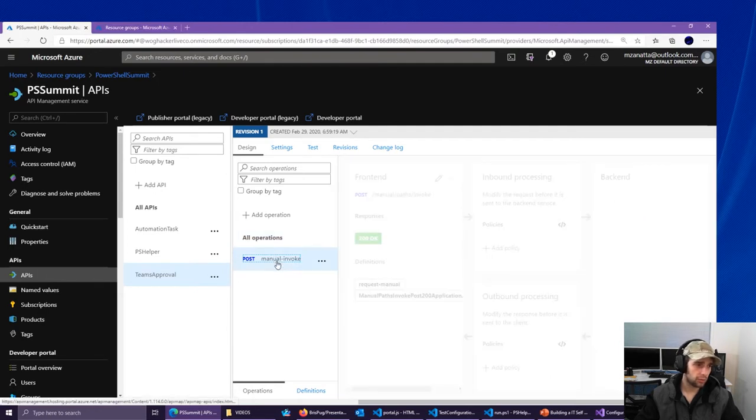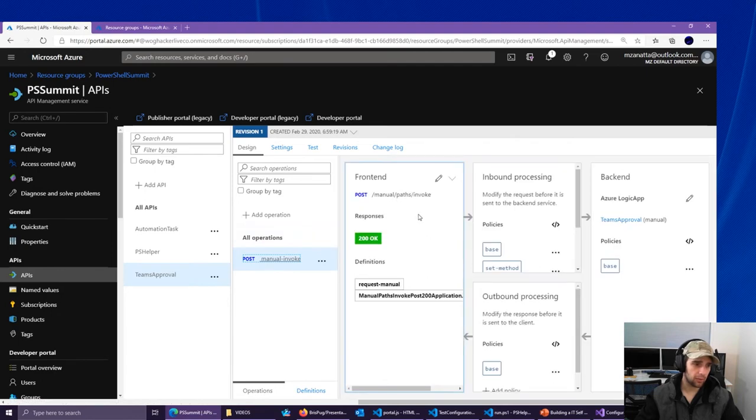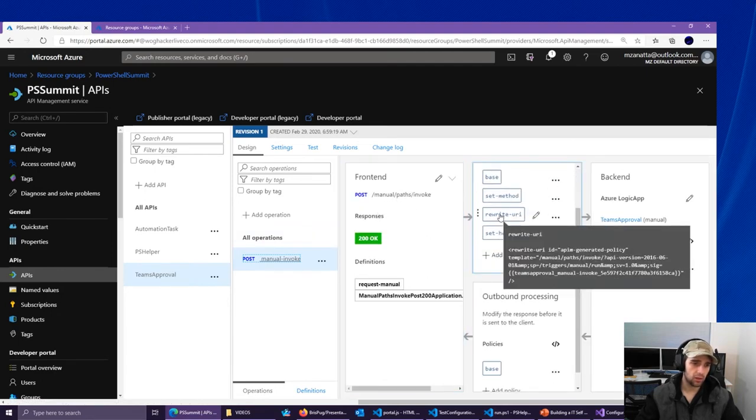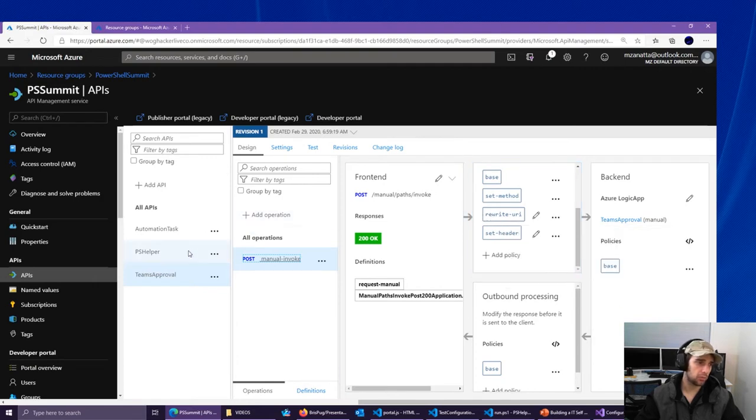It's not really that special. This basically is just the endpoint that it needs to hit to be able to actually call the Logic App. You can see it's got a rewrite URI on that, so it's just essentially rewriting the URI. A lot of this is out of the box. So when I added this,